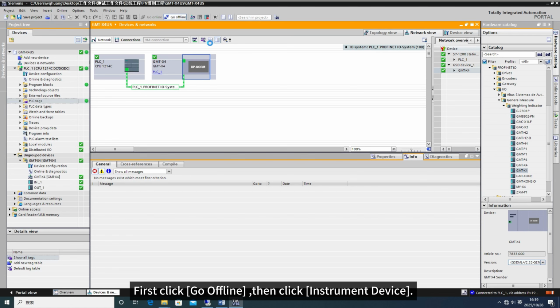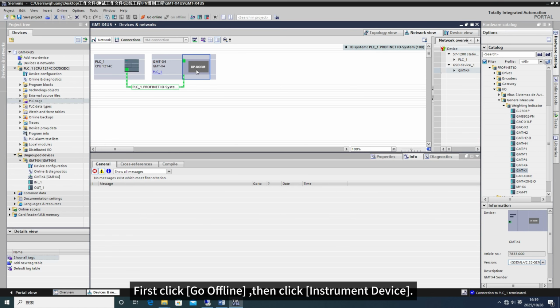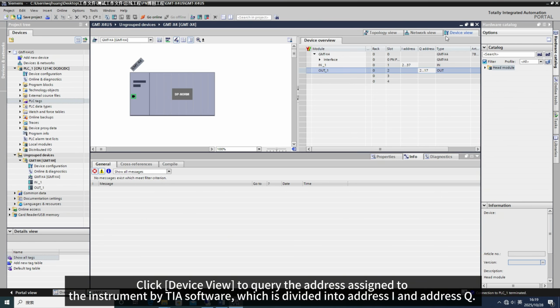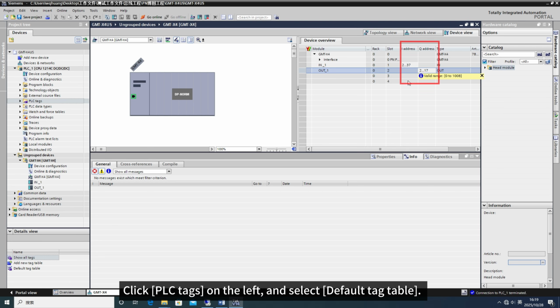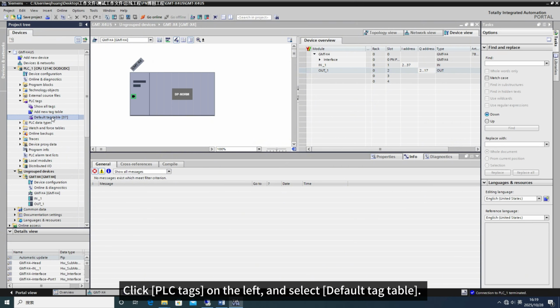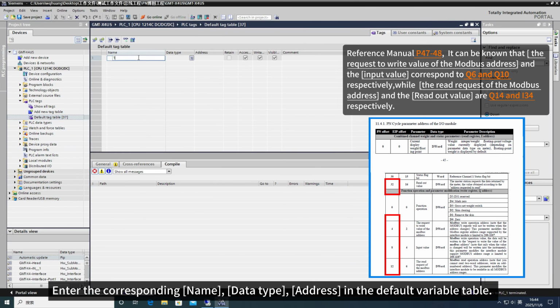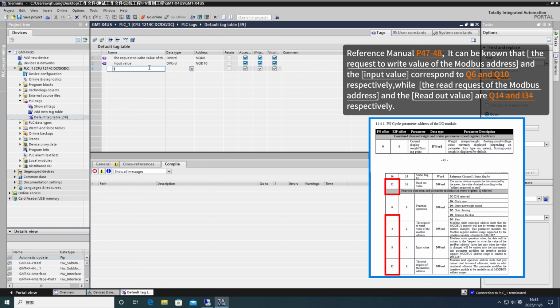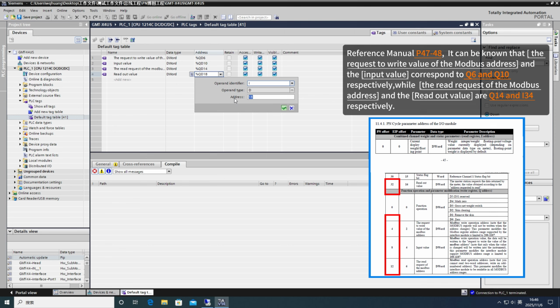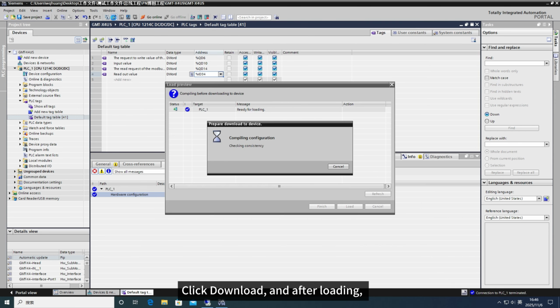First click Go Offline, then click Instrument Device. Click Device View to query the address assigned to the instrument by TIA software, which is divided into address I and address Q. Click PLC Tags on the left and select Default Tag Table. Enter the corresponding name, data type, address in the default variable table. Click Download and after loading,